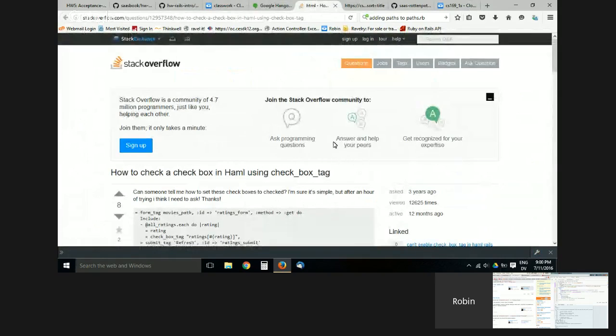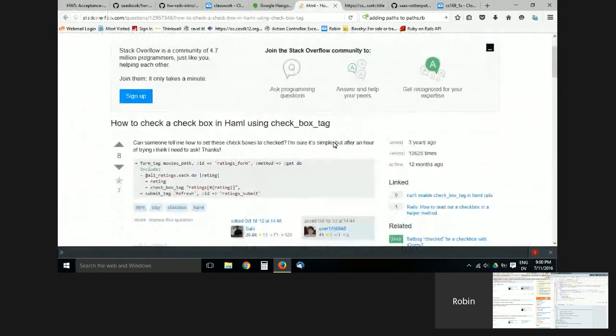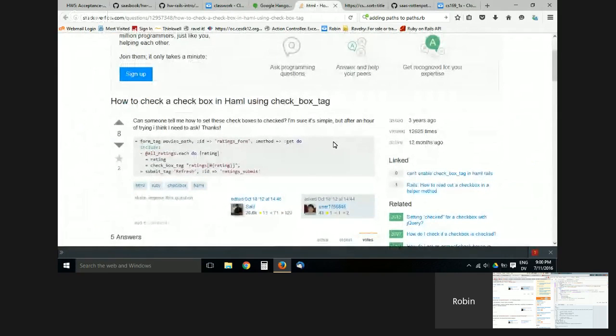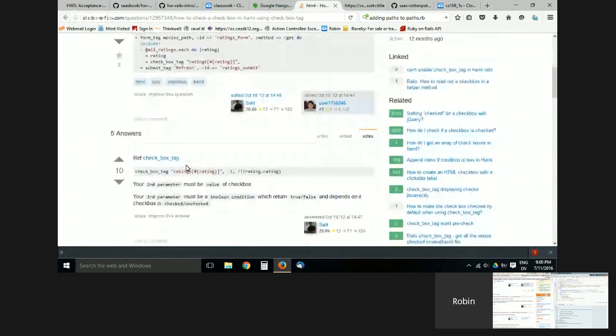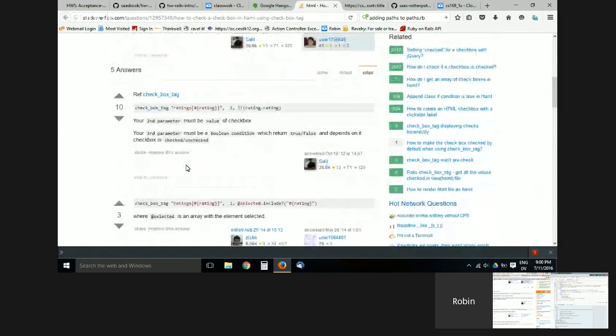Yes, and you can see that this code is very awfully similar. And look at the first answer. They use the checkbox tag method very elegantly. So basically, checkbox tag, you take an expression, you take a value. If you put a 1 there, and then you put a Boolean expression there, then you can